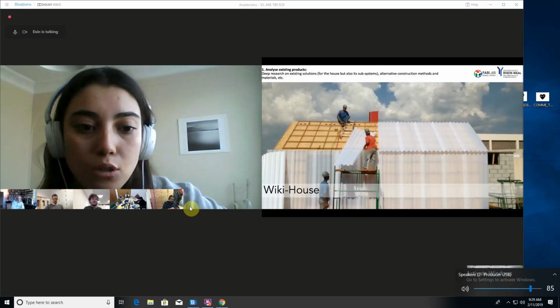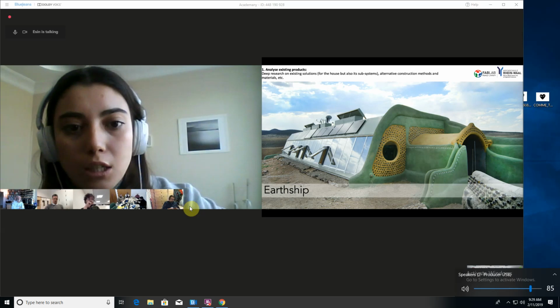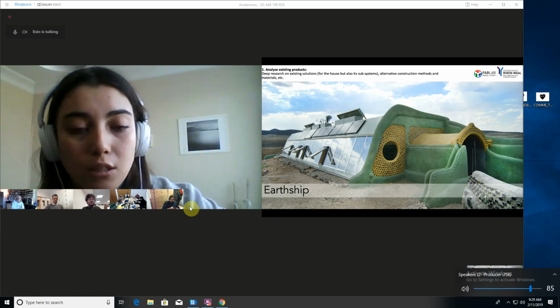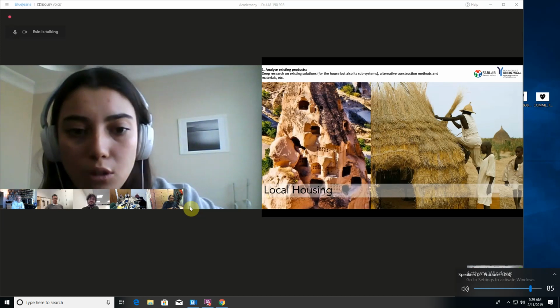So after WikiHouse we looked at the Earthship project, which belonged to Mike Reynolds. It contains many disciplines at the same time. They use recycled materials, wind, electricity, solar panels, and so on. And after that, we had to look at the comfort conditions, how the house should be, the form of the house, the material of the house,